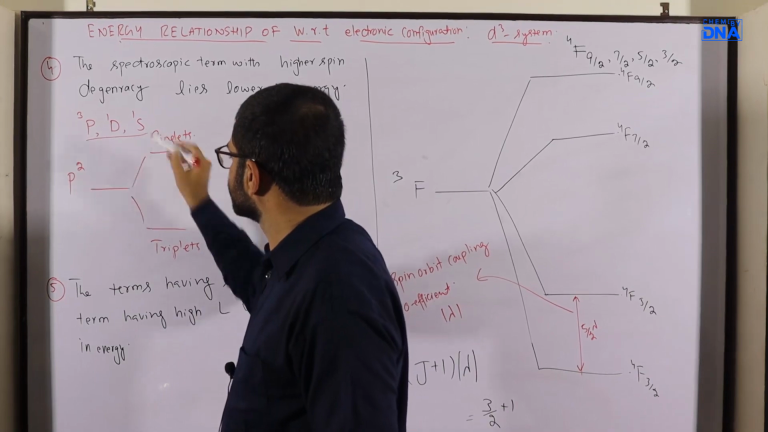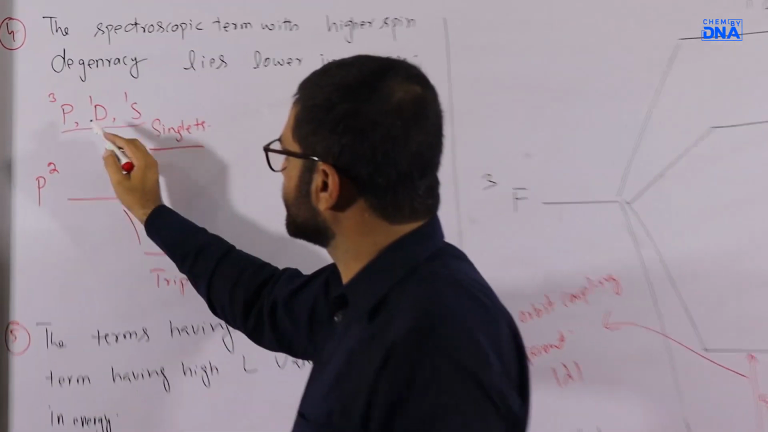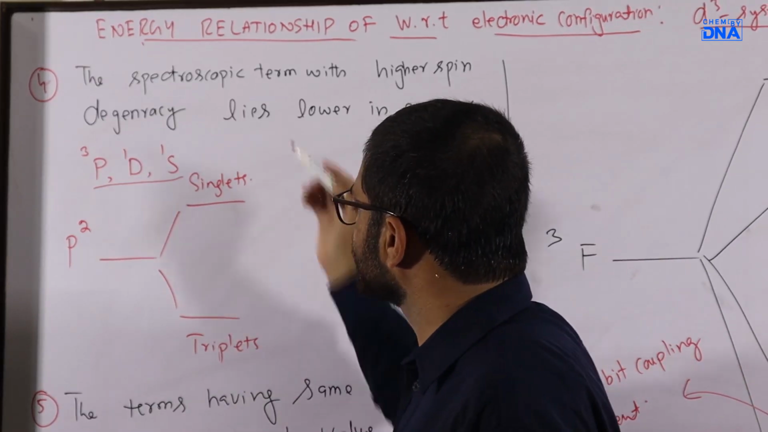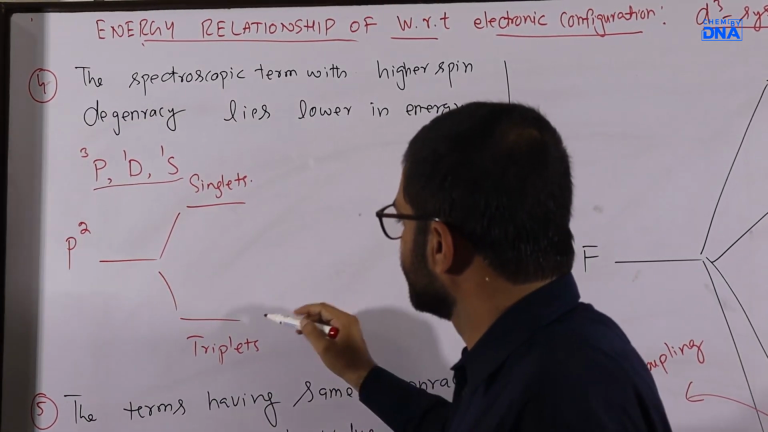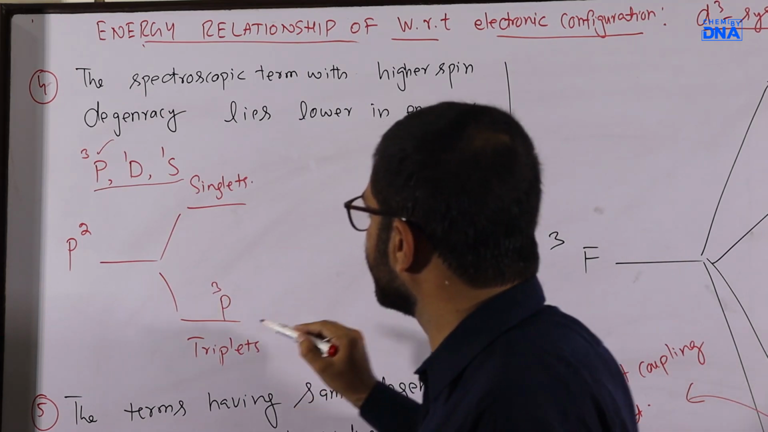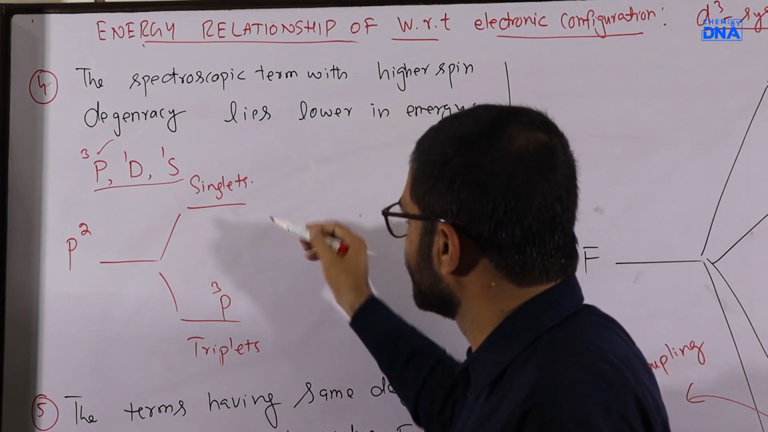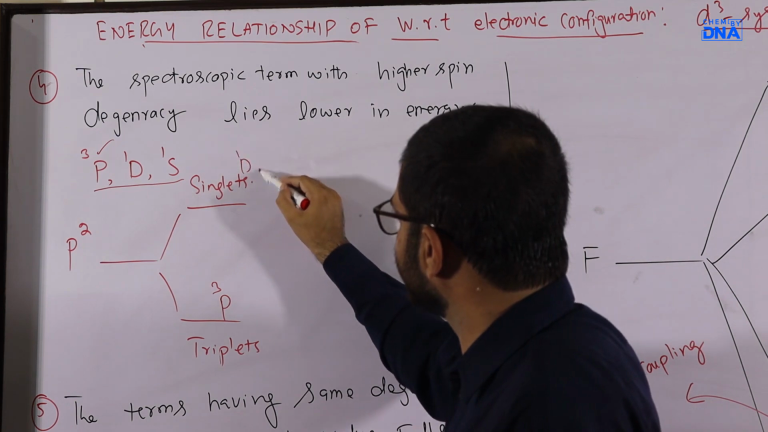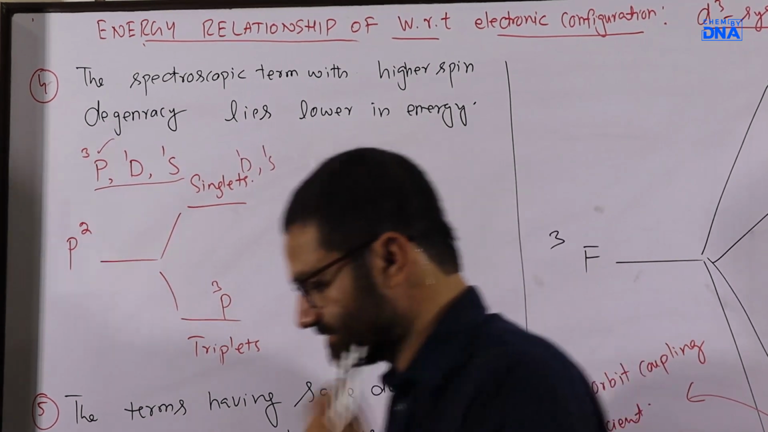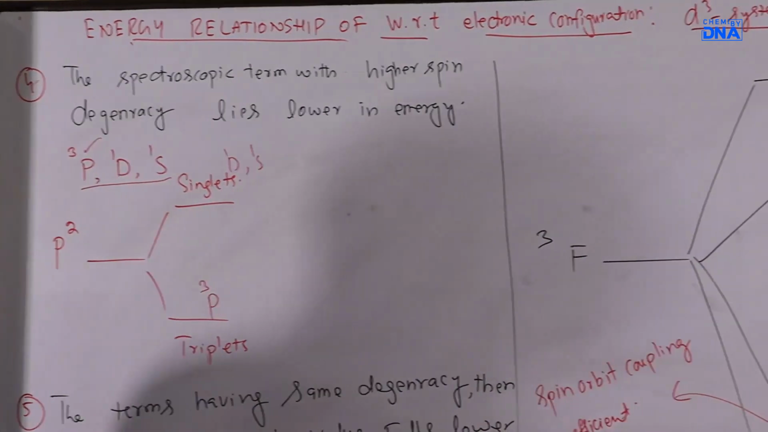Its terms are P triplet, D singlet, S singlet, and according to this rule, the P triplet will fall lower in energy, while D singlet and S singlet will fall higher in energy. And further, we move towards the fifth rule,